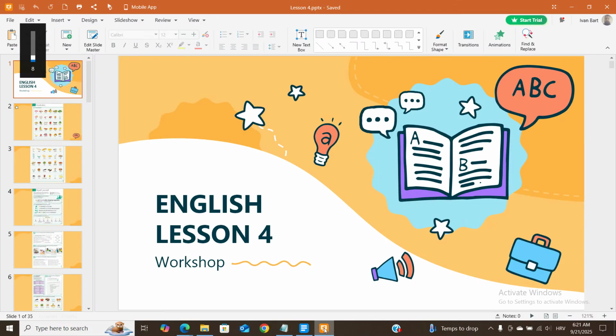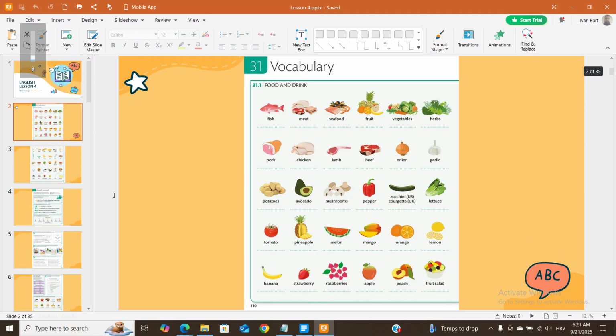31 Vocabulary. 31.1 Food and drink. Fish, meat, seafood, fruit, vegetables, herbs, pork, chicken, lamb, beef, onion, garlic, potatoes, avocado, mushrooms, pepper, zucchini (US), courgette,